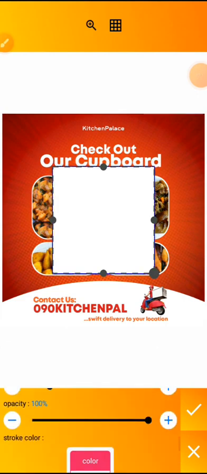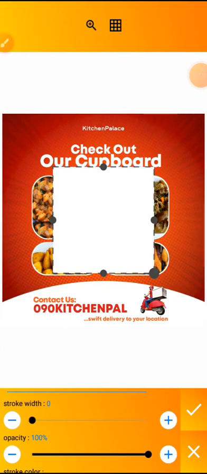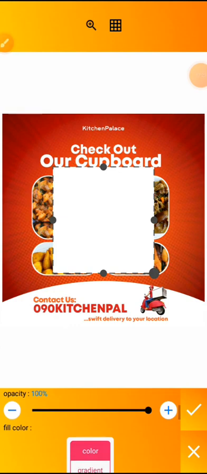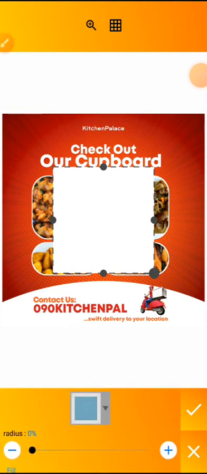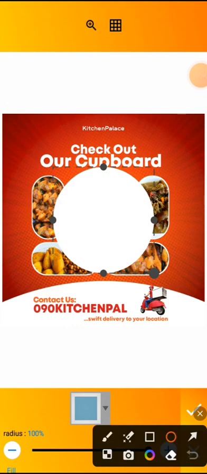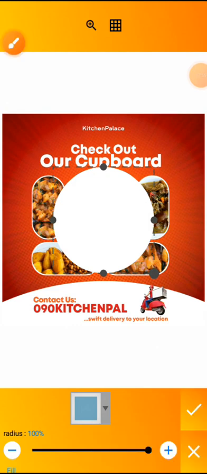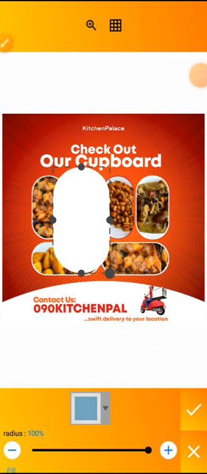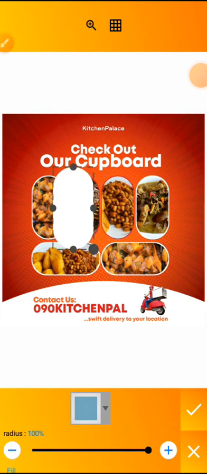All right, for this particular shape, we don't need the stroke, so I'm going to reduce it to 0. And then we want a kind of a cylindrical shape. So what we are going to do is increase the radius of this square shape. Now we have a circle shape, right? Now for us to form the shape that we want, we are going to be dragging from here. Can you see these points? Here or from here, either side of the shape. All right, so I'm going to drag from here, and we have what we want. So I can reduce it. All right, to reduce it,